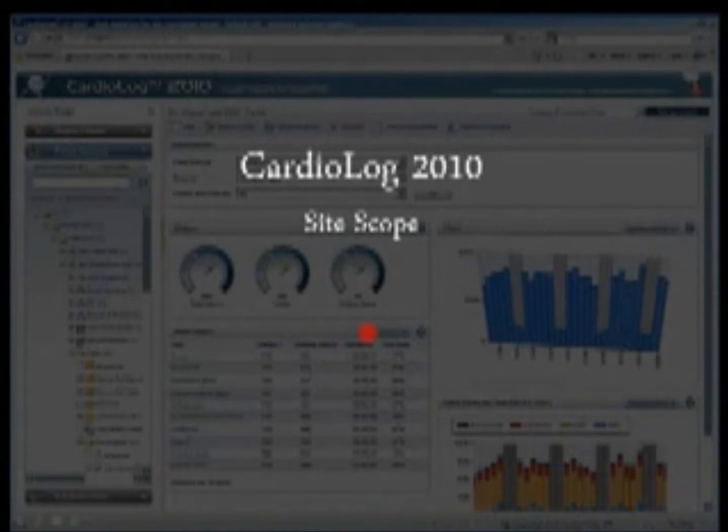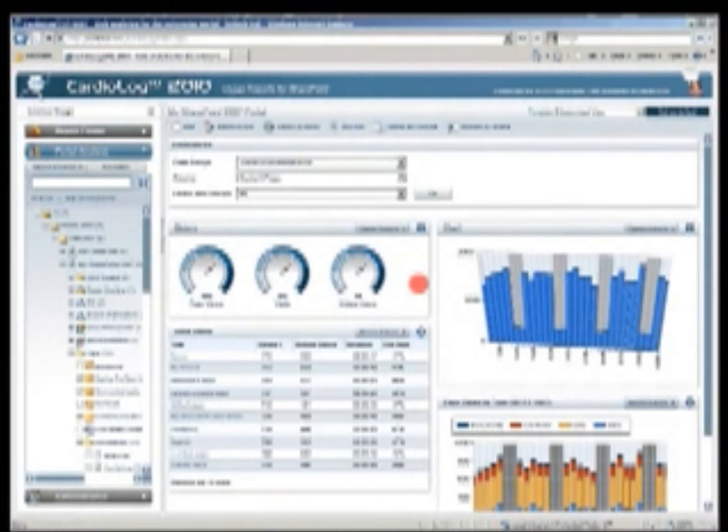Another feature I've spoken about was the site scope, the analytics for site collection or site or subsite. Again, in CardioLog, this is achievable by using the portal tree. And as you can see here, the portal tree depicts an entire farm